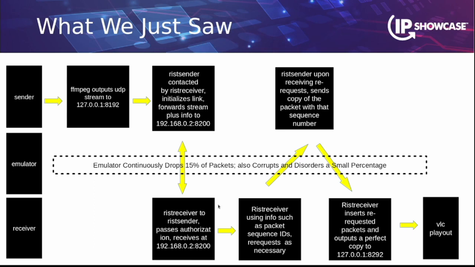Then we come down here. This is in a laptop, the Rist receiver. We started it, and we tell it to connect to the Rist sender on the black box with authorization and encryption. The receiver then establishes a tunnel, starts receiving the data, and it sees a lot of packet loss, and it requests the packets, and they come back, and fills in the gaps in the buffer, and outputs, with a latency equal to the buffer, the perfect video